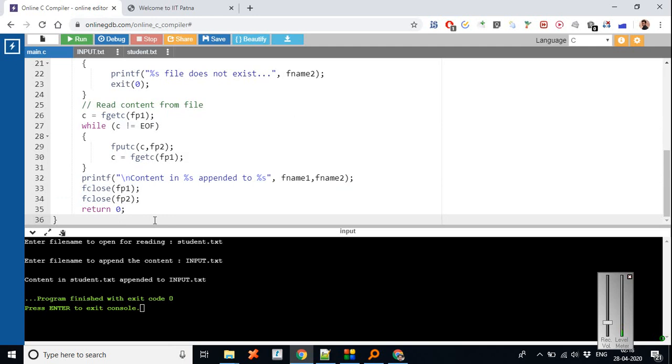There are a few other combinations like fseek, ftell and all where you can actually modify the exact positions. So that's it for this tutorial. Once you know the write mode, append mode is very similar. It also writes, but it does not erase. So remember that append is used for updating files. Write is used for fresh writing, read is used only for reading, and append is used for updating the file. That's it for this tutorial. Thank you.